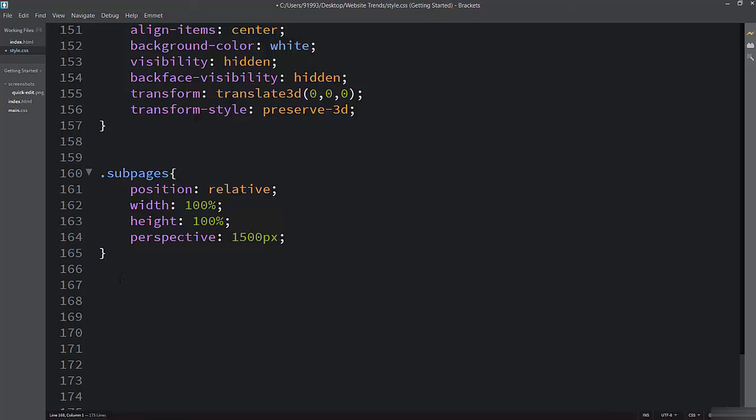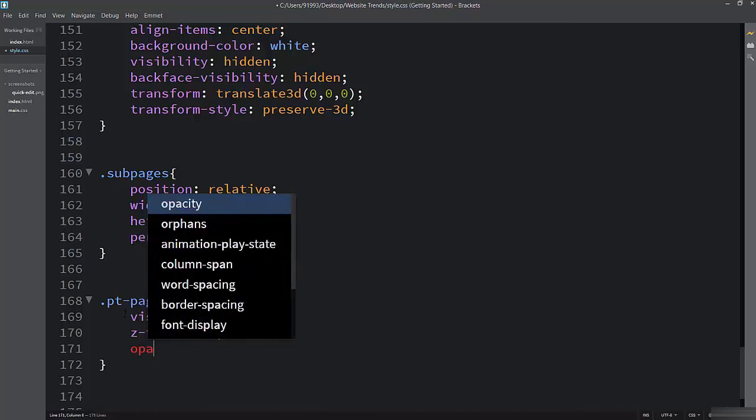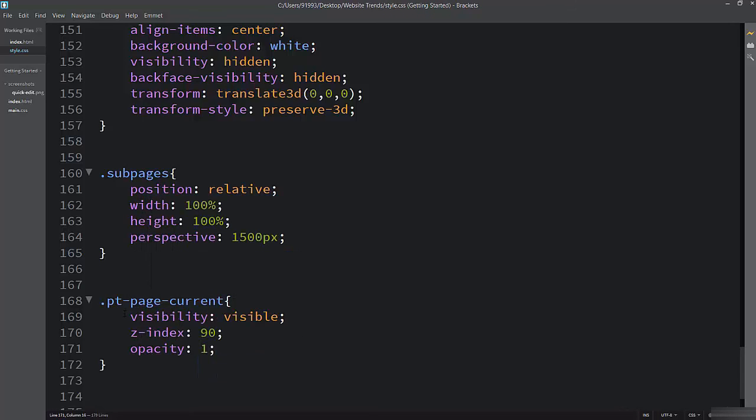So there we have a class called pt page current. Inside this I am putting visibility visible, and also I'm adding a z-index of 90 to bring all the elements to the very top, and also I'm putting opacity 1. If I show you,